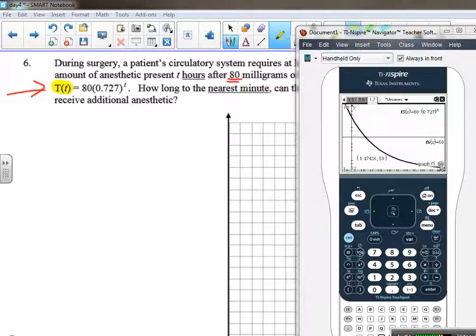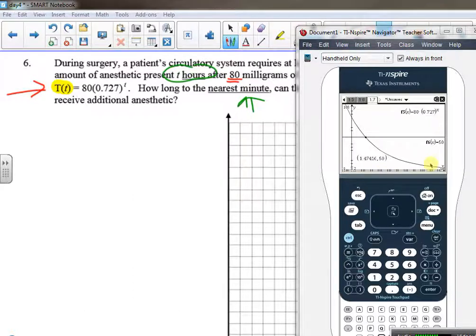Okay, well, logic would have me reconsider what is actually being measured on that x-axis. If you start surgery and you don't have enough anesthetic after 1.47 minutes, that's not a good situation. If you go back and you read the problem carefully, it actually talks about T hours. T is in hours, but you have to answer the question in terms of minutes. So this point right here on our calculator screen tells us that anesthetic is going to be okay for the